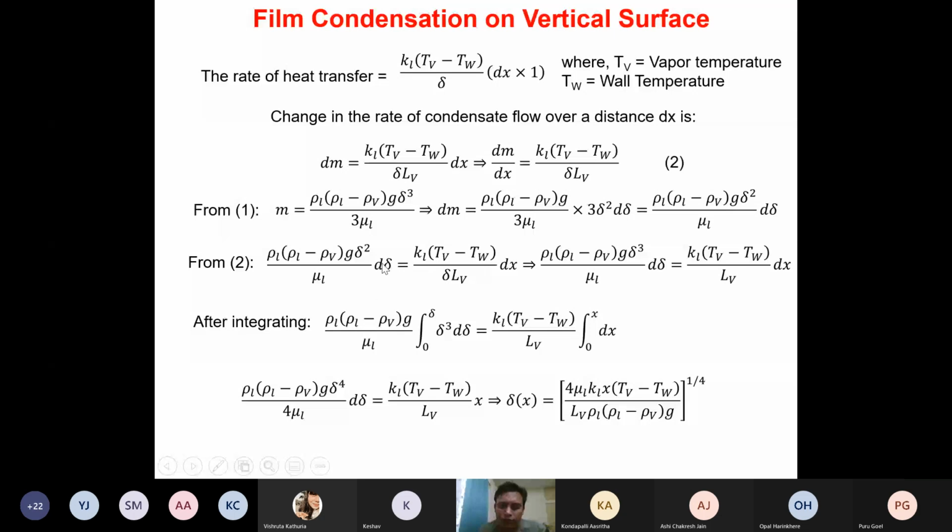So this becomes delta cube d delta 0 to delta, and on the right hand side KL (TV minus TW) divided by LV, and again integration between 0 to x dx. Okay. So if we integrate this, what we get is (rho L minus rho V) G delta raised to the power 4 by 4 mu L